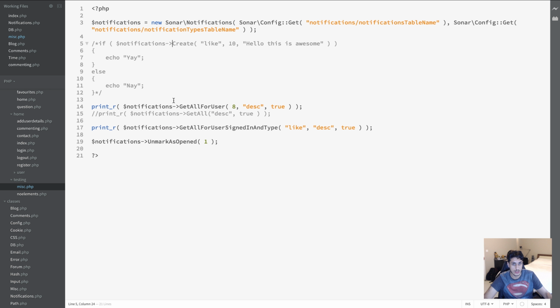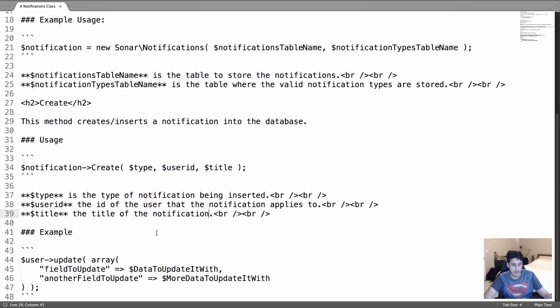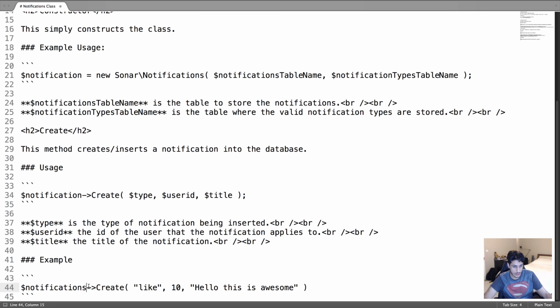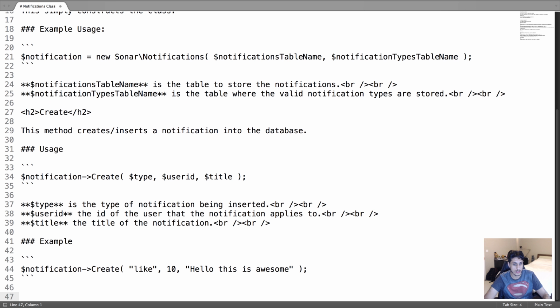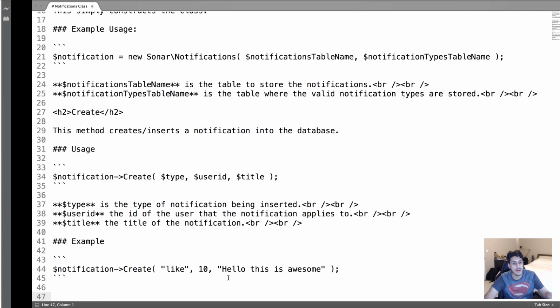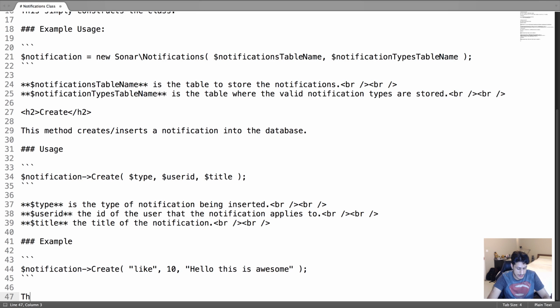Miscellaneous create. Notification create, like 10, hello, this is awesome. And I'm going to put something here just to let them know about something. This method returns true or false